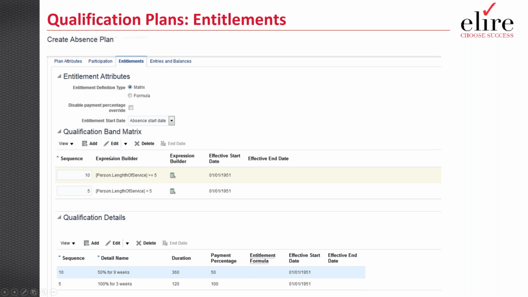And so what we're doing again here in the matrix, as we did in the accrual matrix, is you're specifying a certain expression with a calculation or whatever your goal is. You can define by criteria which entitlements an employee is allowed based on their assignment record or their person record, whatever you may be checking against. So for this example, what I'm showing here is if your period of service is greater than or equal to 5 years,